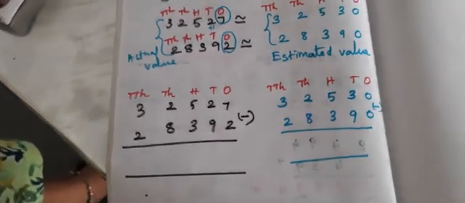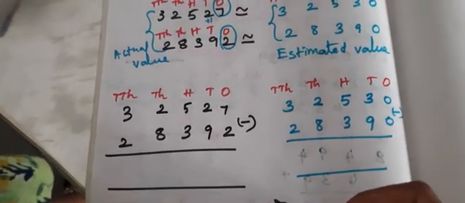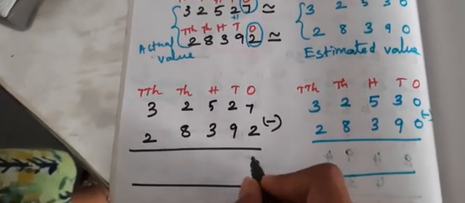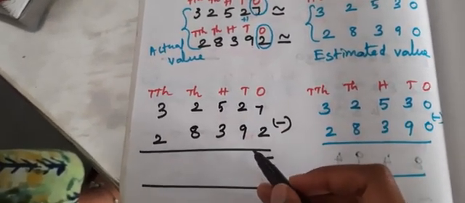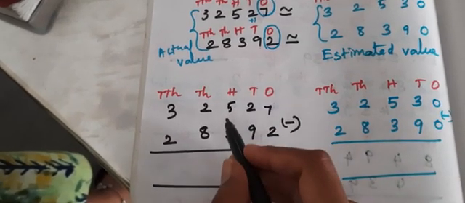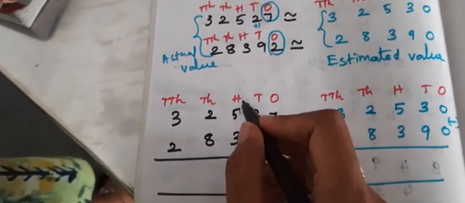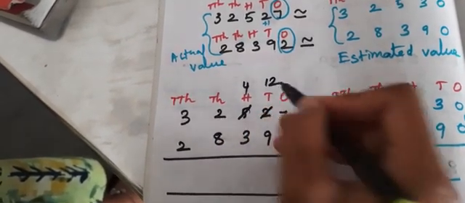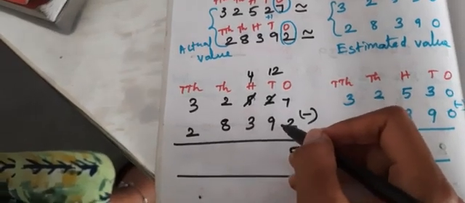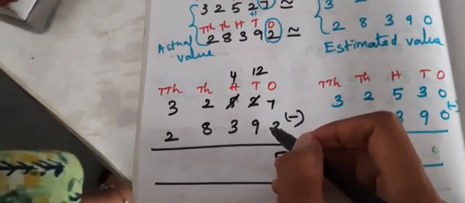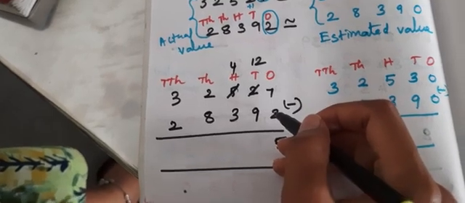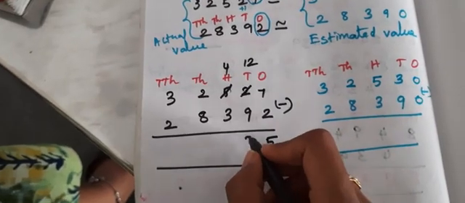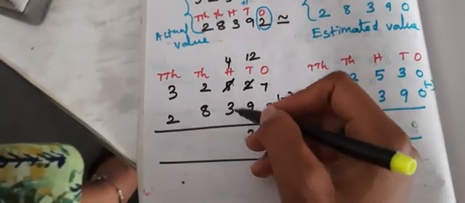First, we proceed at which place? Yes, that is the ones place. What are the numbers in ones place? 7 and 2. 7 minus 2? Yes, it's a 5. Next, 2 minus 9, is it possible? No. First we have to get help from 5. Here I am going to take 1. It will change to 4. Here already it is 1, I am going to add 10. It's changed to 12. 12 minus 9, what is the answer? Yeah, 3. Okay, 4 minus 3, it's a 1.